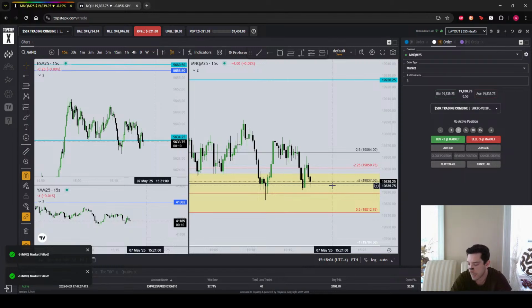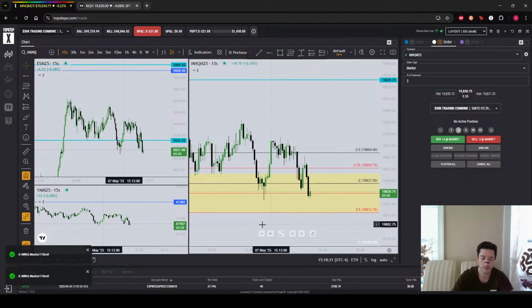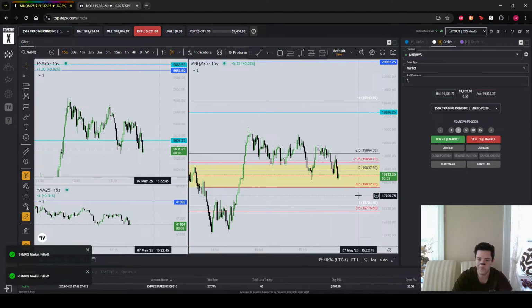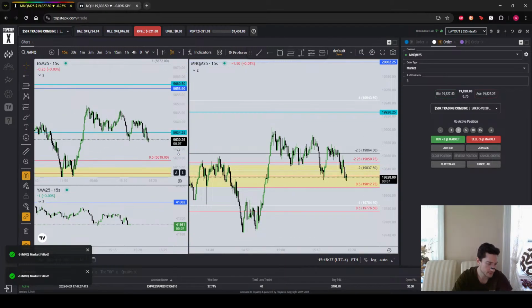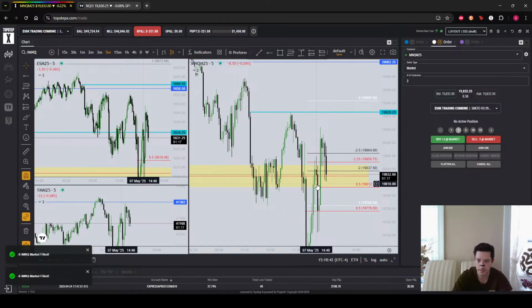Let's be cool. Let's be calm. Let's be rational about this. We just got absolutely crushed. I still think the draw is up. I refuse to believe I'm chalked here. I just need to choose a better spot to get crazy heavy in. Maybe the midpoint of this order block as another buy. Makes a little bit of sense, because if you look at the 5-minute, it comes down into the balanced price range here.